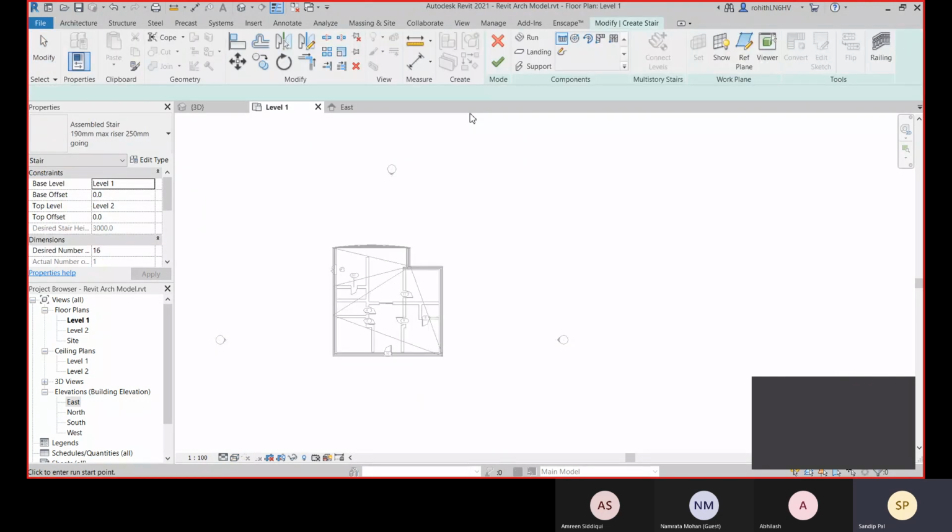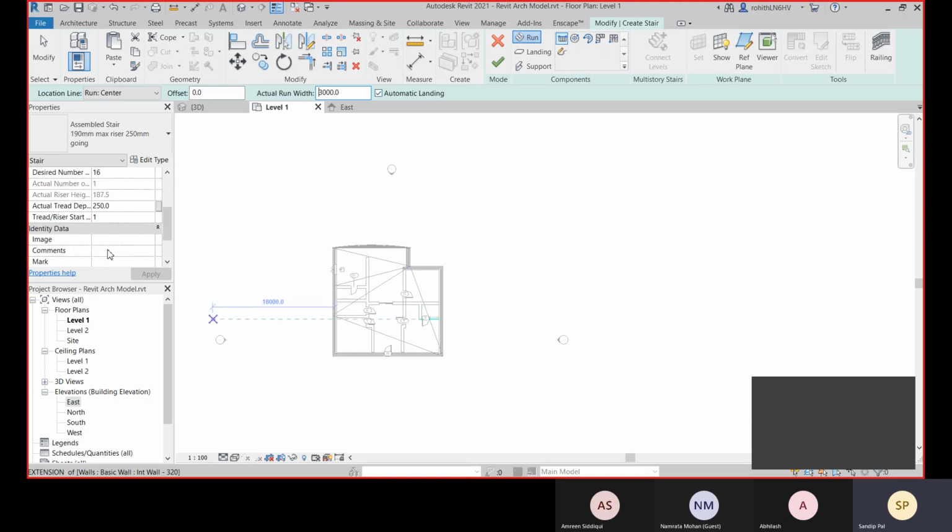So now let's go with this stair. See, this simple straight run is there, and you have defined this run length. Automatic landing is checked, which means when you connect runs, they will be connected with an automatic landing, so you don't have to define the landing.